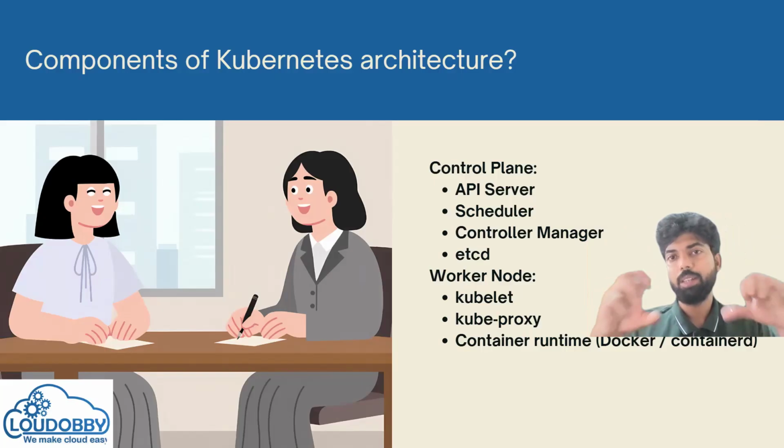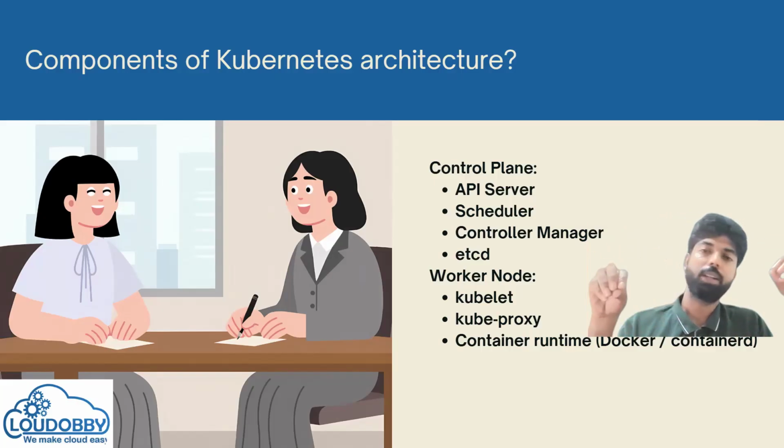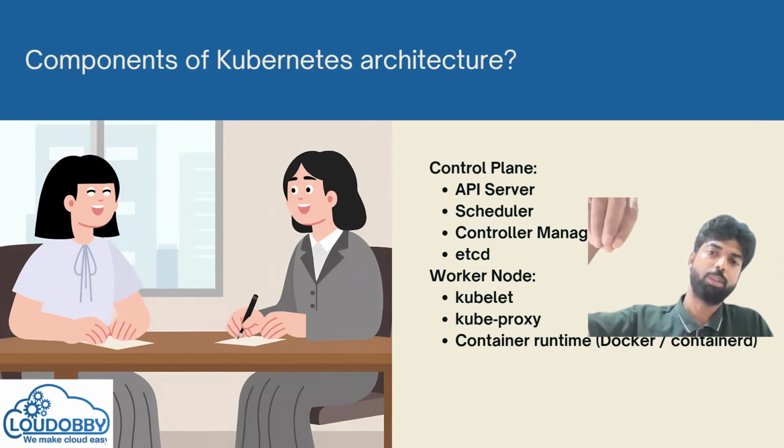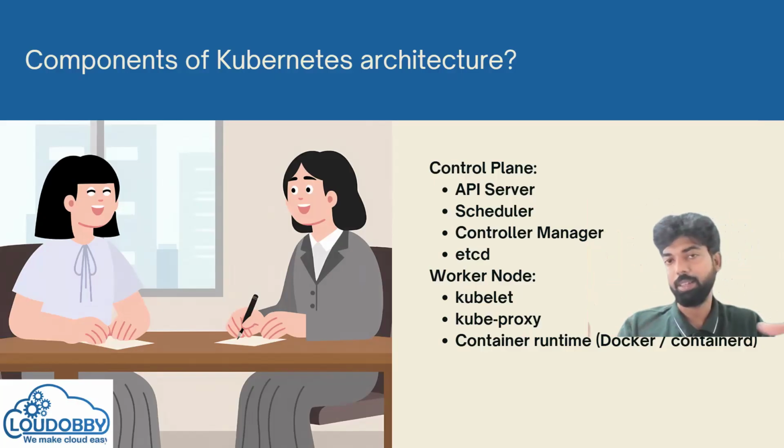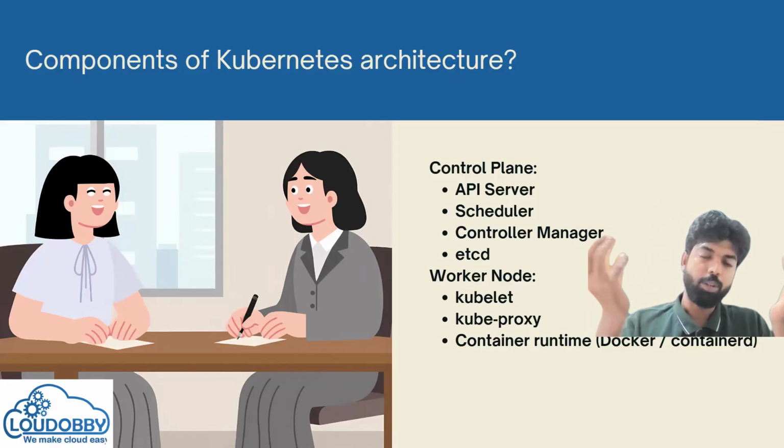The worker node is nothing but your physical server attached to the cluster where the application will run. So if you have 3 worker nodes, the scheduler will understand which worker node has more resources and it will place the pod there. The controller manager checks the health. So if one particular node is going down, the controller manager will get to know. And etcd is a small database.